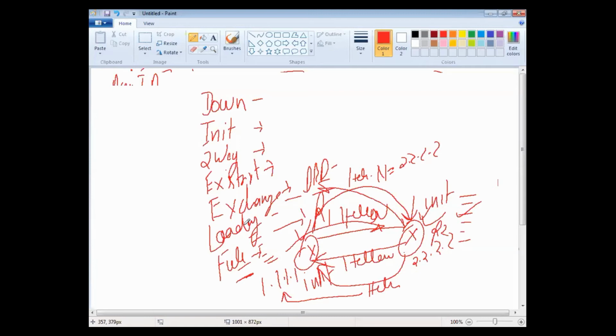If you see the neighbor state in show ip ospf neighbor, it will be something like that: full/DR, means the neighbor router is a DR router and is in full state. Then full/BDR, that means the neighbor router is BDR and in its full state, and two-way/DROther.